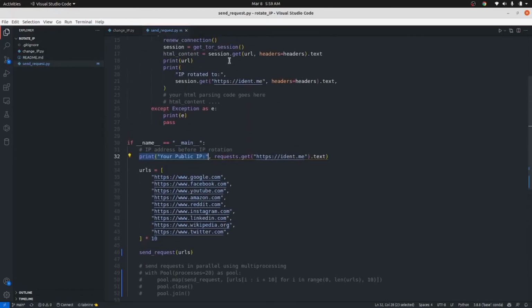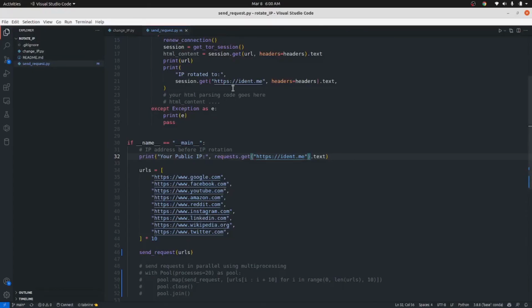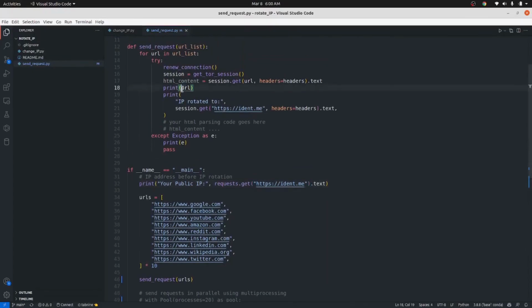As you can see, it's using the requests module to send a request just to get your public IP address, and these websites actually give you your public IP address. If I go to this site, this actually gives your public IP address. In my case, my public IP address is this one, and then it will send a request to each of the URLs here, and after sending